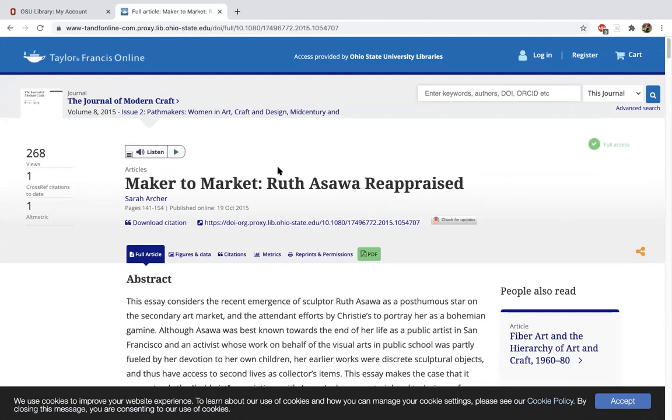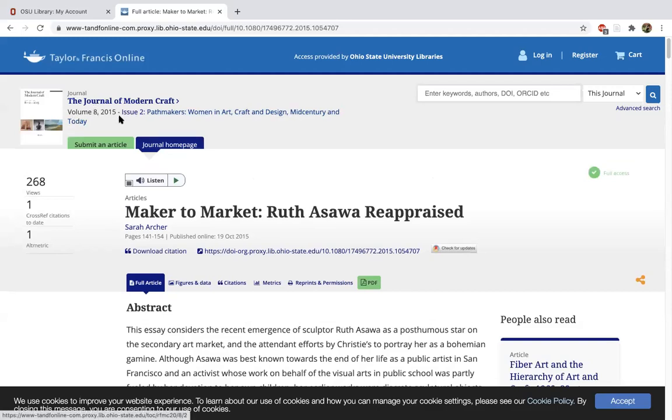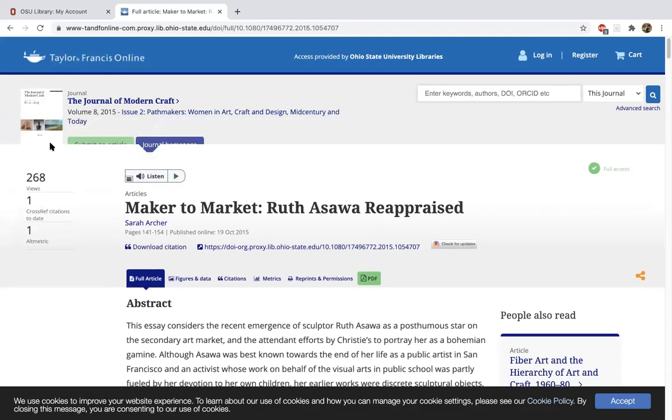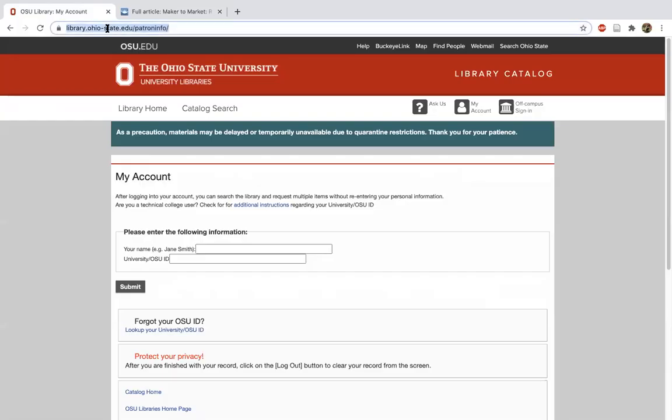Instead, I want to redirect your attention to information that you want to look for whenever you're doing this, whether you are taking citations from the bibliography in a book or another article that you found that was really useful and you're scouring their sources for things that you might be able to use. But you always want to look for the volume, the date, and the issue. So I'm going to keep this open and I'm going to go to the library's homepage,